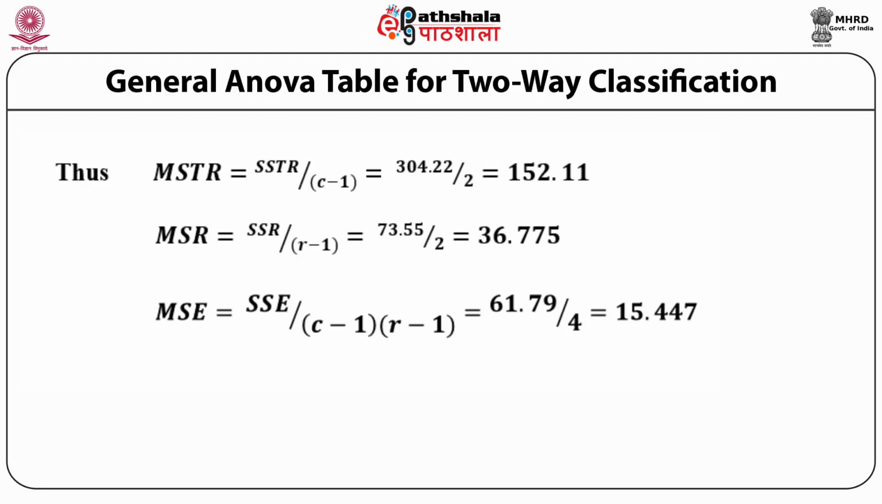So MSTR is equal to SSTR upon C minus 1, that is 304.22 upon 2. Column we have 3, so 3 minus 1 it is equal to 2 and it comes out to be 152.11. MSR is again SSR upon R minus 1, that is 73.55 upon 3 minus 1, that is 2 and its value is 36.775. MSE is SSE upon C minus 1 into R minus 1 and that is 61.79 upon 4 and it is equal to